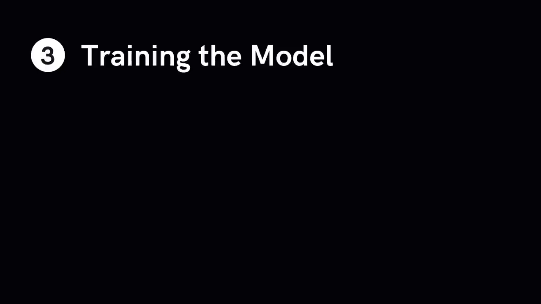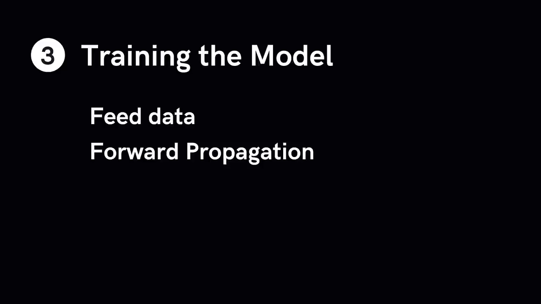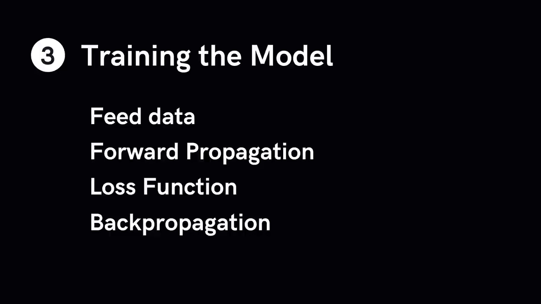Once our data has been prepared, we now feed this into our network to train. We've discussed the learning process of a neural network in the previous module, so if you're unsure, I'd advise you to watch that module first. But essentially, once the data has been fed, forward propagation occurs and the output is compared against the loss function, and the parameters are adjusted based on the loss incurred. Again, nothing too different from what we discussed previously.